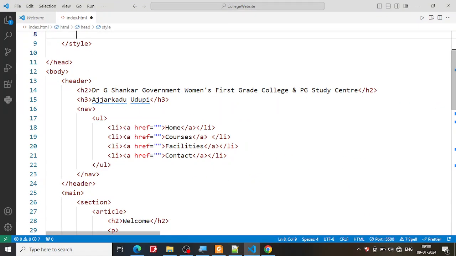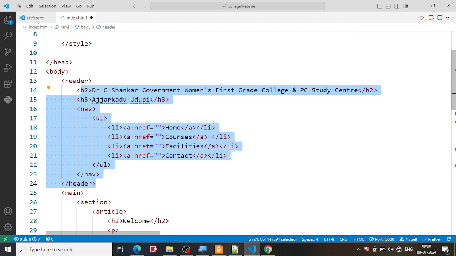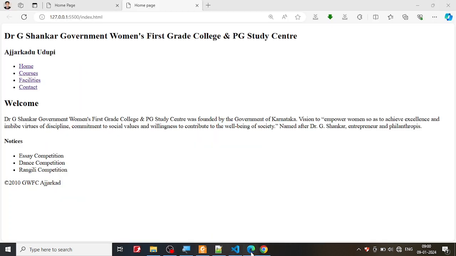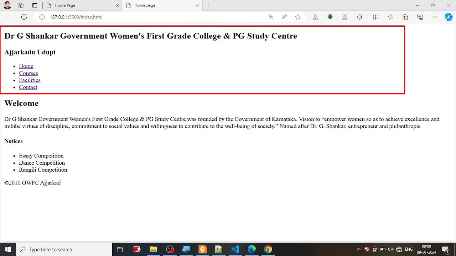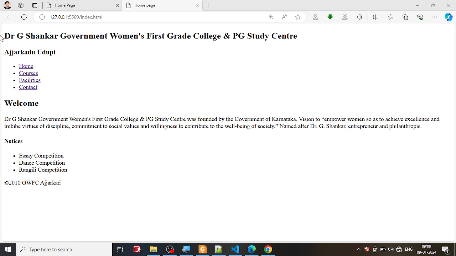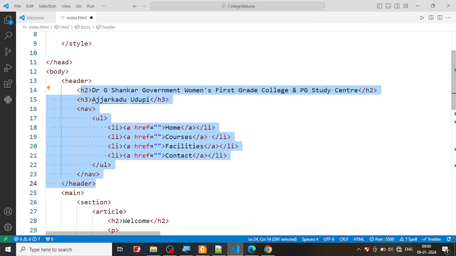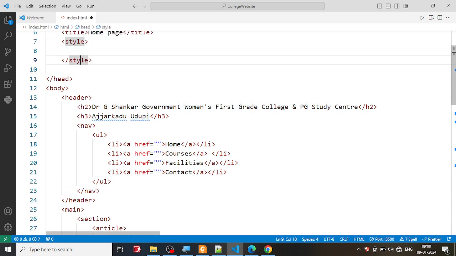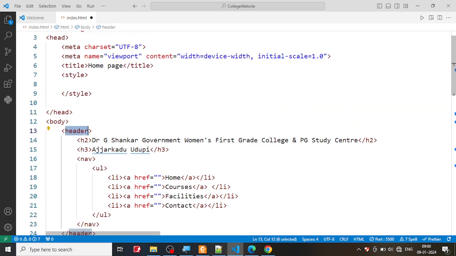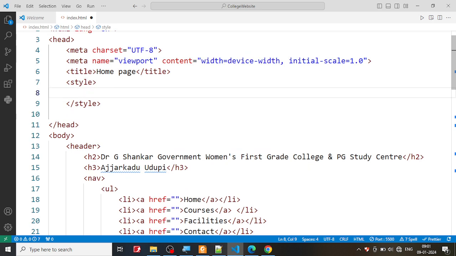So if you look here, I'm going to put this header part, which is right at the top. This is the one that I'm going to use. I'm going to get this header part first in action, and then the other part. So let's start with the header, and I'm going to use the style. The tag that I'm using is the header tag, so I'm going to start the style with the header tag. So I'm going to say header,